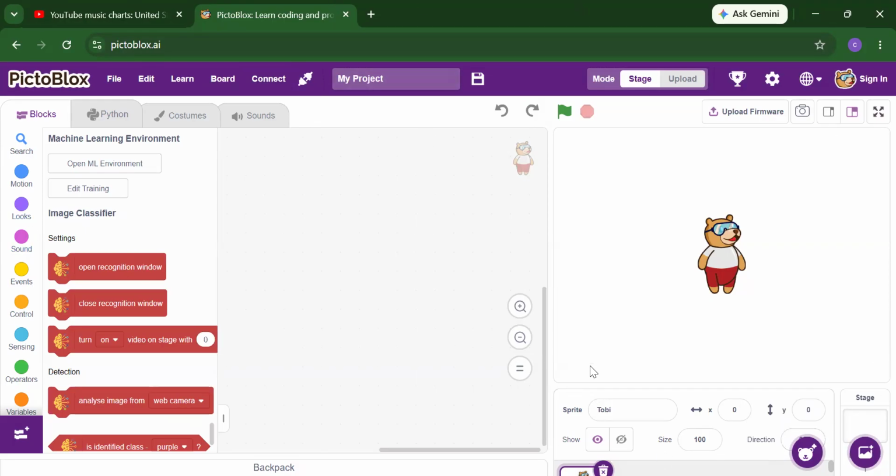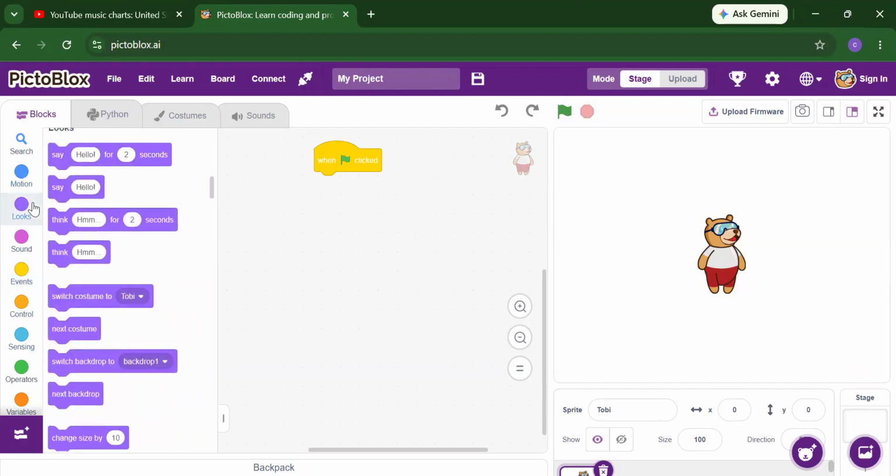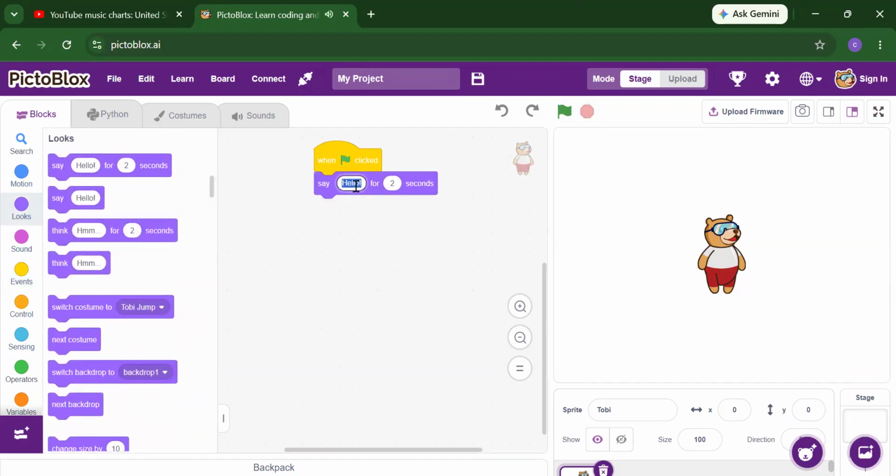If someone knows Scratch, they will understand this very well because it is a little bit related to Scratch. If you know Scratch, we always start with the event when flag is clicked. When I click on this flag, I want to show some message. What I want to show is I will just say, hello, this is my first model. You can try to put one more message: I'm learning